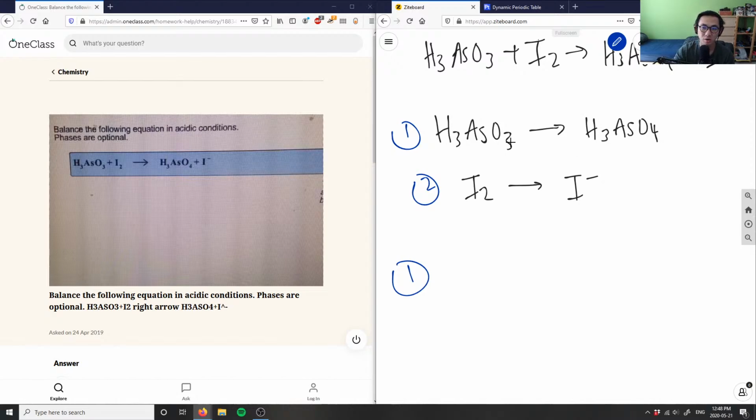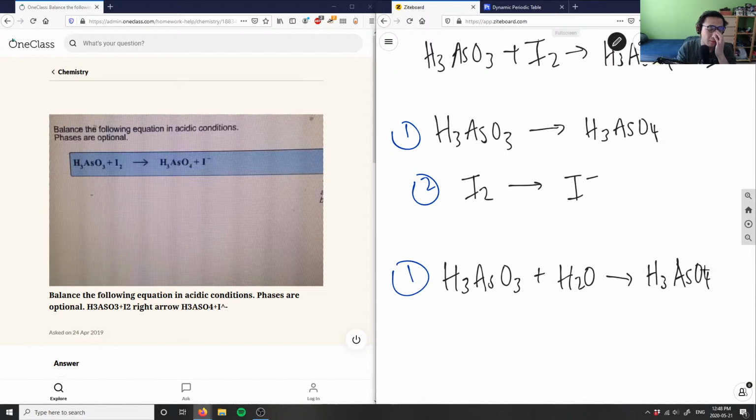However, my oxygens are not balanced, right? I have 3 oxygens here and 4 oxygens on this side. So what I'm going to have to do is add a water to this side for us to get 4 oxygens. So I have H3AsO3 plus 1 H2O. This would give me 4 oxygens in total. 3 plus 1 is 4. I'm going to yield